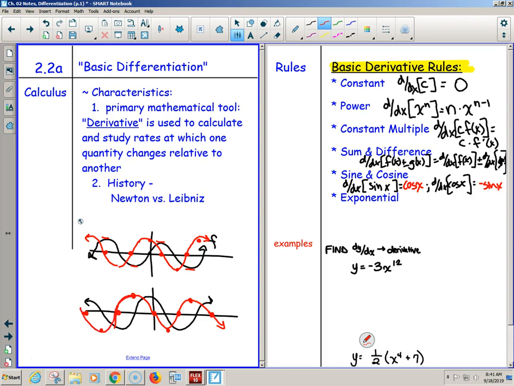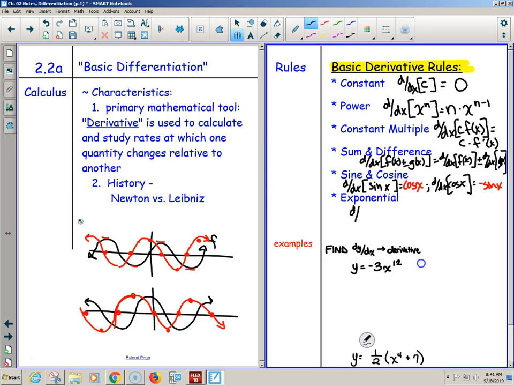Anyway, exponential function. Now technically, I shouldn't be showing you this, because the book isn't going to show you for a couple more sections, then it's going to actually discover it for you, and it's really exciting and neat. But it is a basic rule, one of those foundational things we're going to use again and again. So I'm giving it to you.